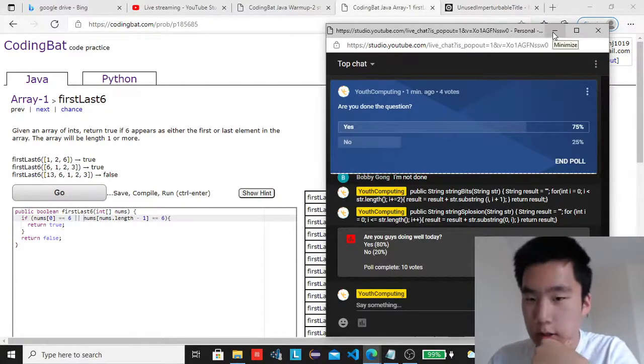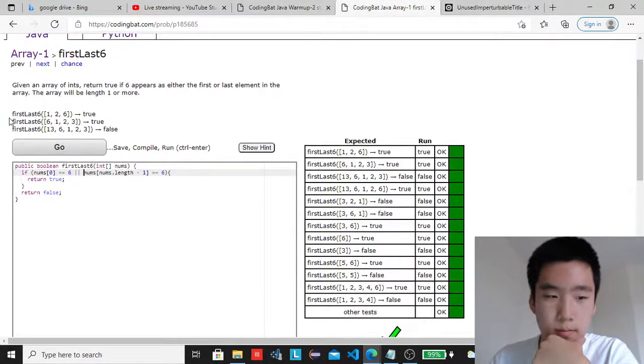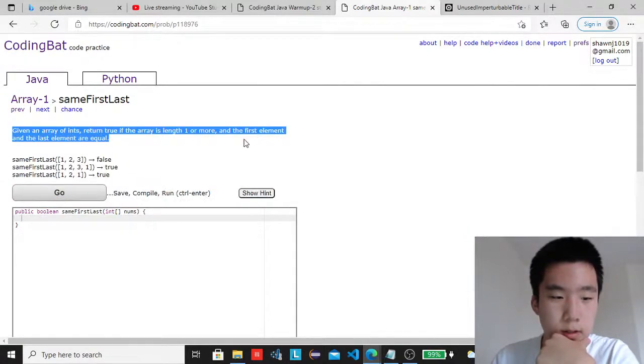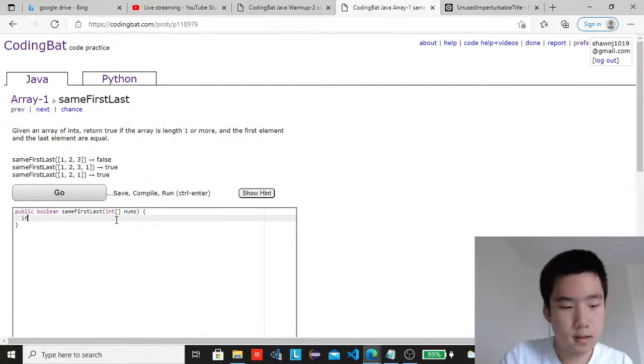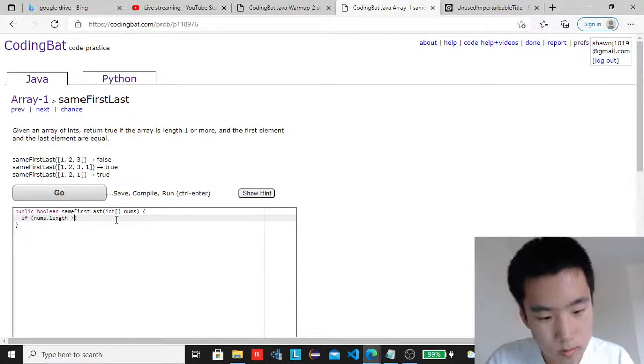So if you do have any questions, I'll open up a Google Meet after the class to work with you personally. But in the meantime, we'll go to the next question. So given an array of ints, return true if the array is length 1 or more and the first element and last element are equal. So let's again have a simple if statement and say if nums.length is larger than or equal to 1